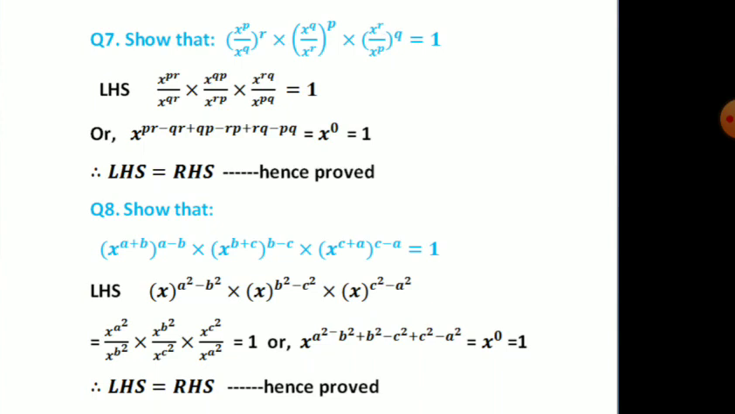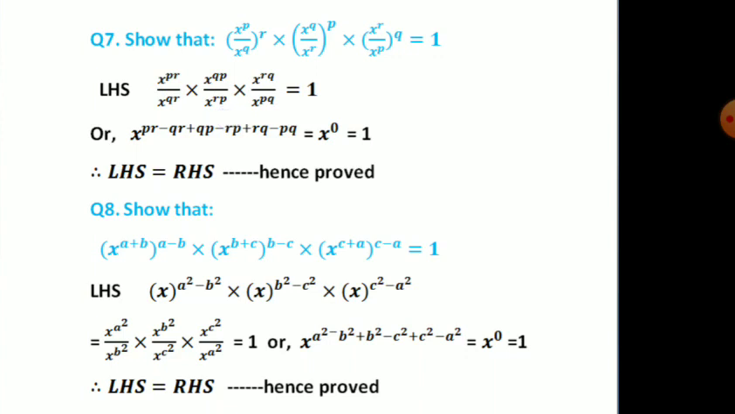So what we'll do is we'll multiply the exponents both to the numerator and denominator. So we'll have x^(pr) divided by x^(qr) into x^(qp) divided by x^(rp) into x^(rq) divided by x^(pq). Now see, x^(pr) in the numerator and x^(rp) both are same,